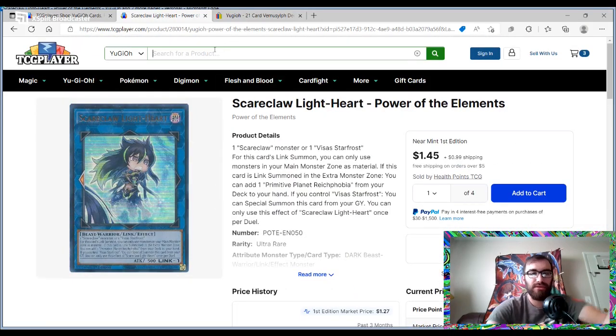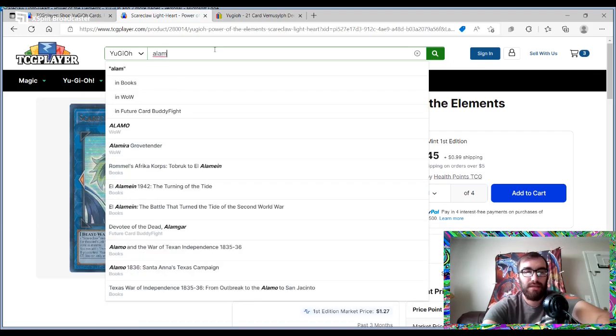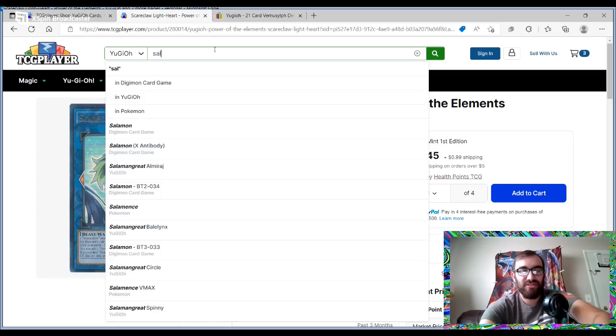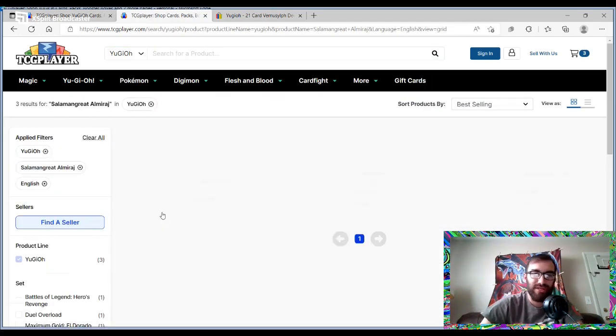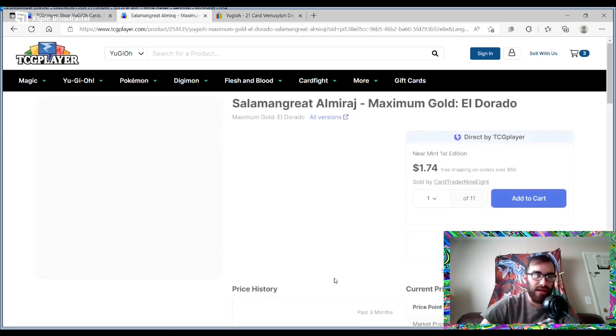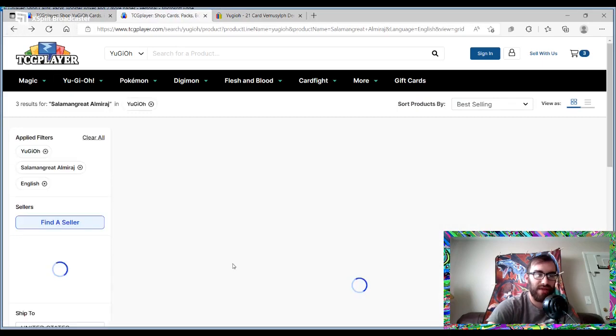I mean, it literally serves a very similar purpose as... I knew I was spelling it wrong. How do you spell it? See, this one I feel a little bit bad about because I actually do play this deck. I should know how to spell Salamangreat. It does feel like it fits a very similar role. Now, obviously, Salamangreat Almirage is a little bit easier to summon, so it's not going to be as expensive as, let's say, this,